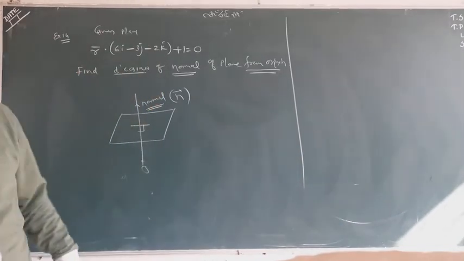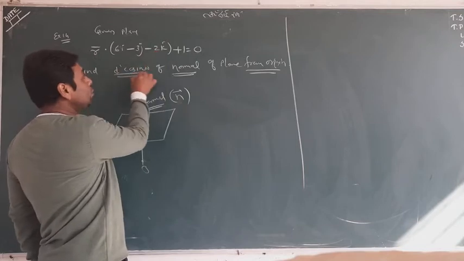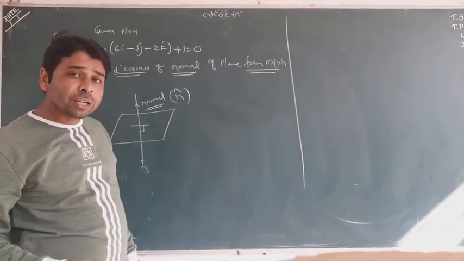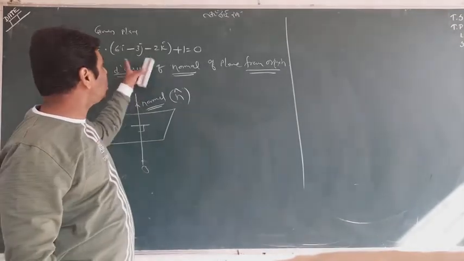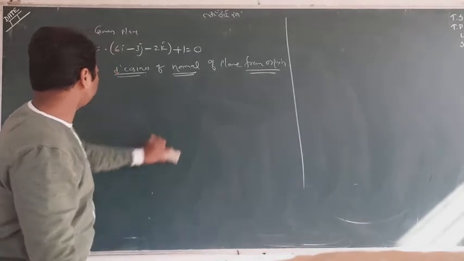I don't think it's a tough one, it's very easy. This is n, this is n cap. You want direction cosine, you know direction cosine is contained in n cap. So how can you get this? You just convert this equation to normal form, you can get the answer. So okay, let me do it. How can we do it?